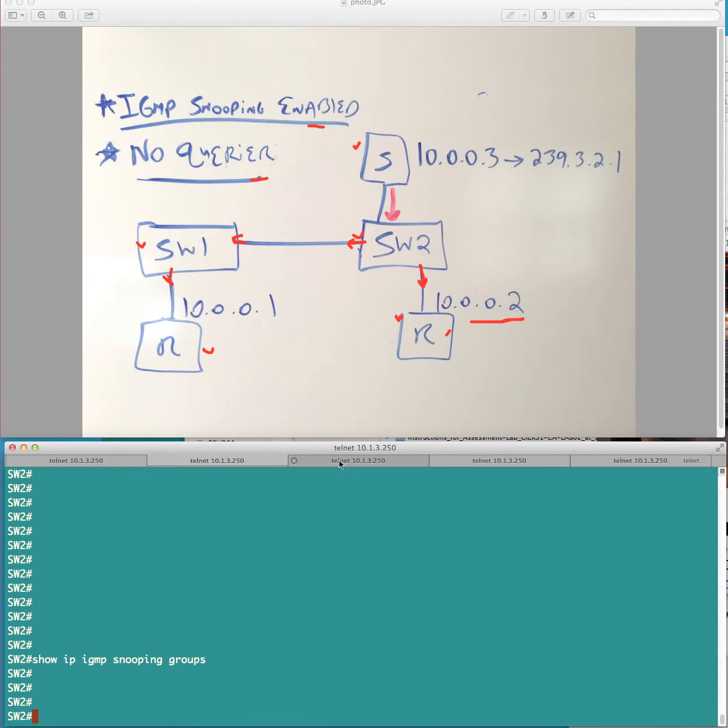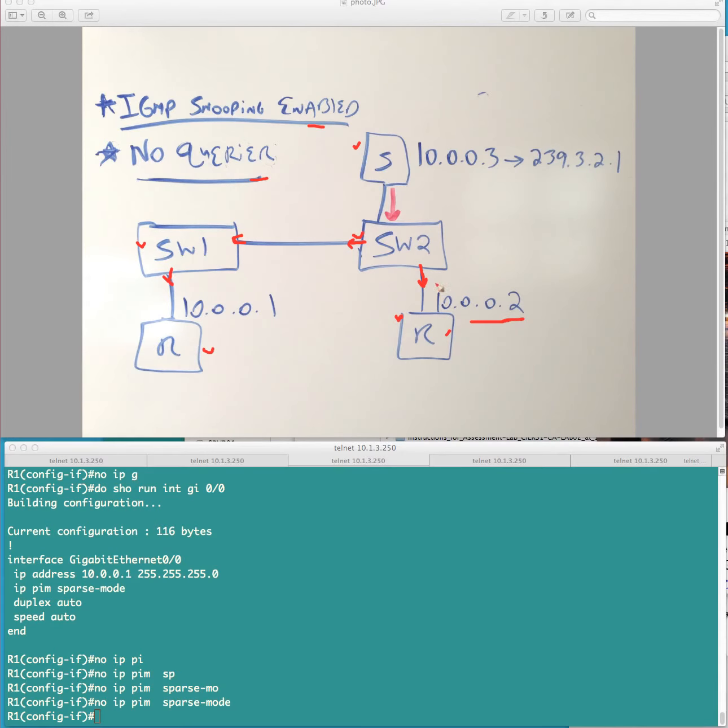Because if I go over to receiver 1 here, which of course is a router, I have not issued the IGMP join. So here's the running config on this interface, and you can see we haven't actually joined this group. But if you look at my Wireshark capture,